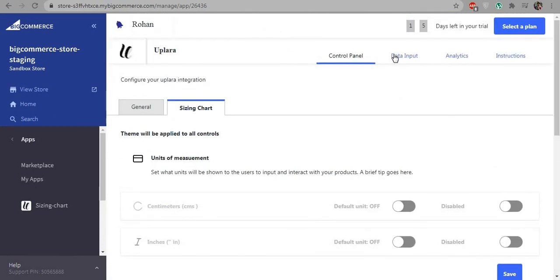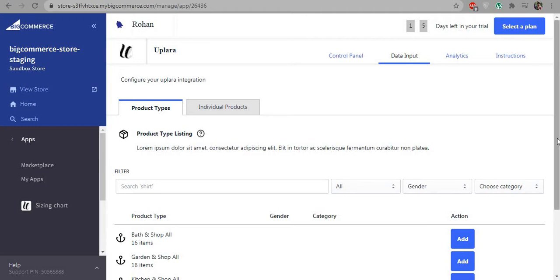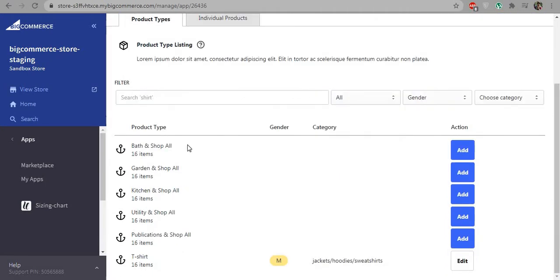to the next tab. This is the data input tab. Here you can see I have all the products listed on my store. Now when I click on the add button, I can see the Find Your Fit option on the main store. So like after clicking add, I can see there's this edit option because I have already added the Aplara app